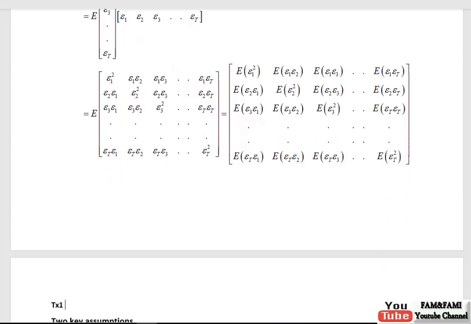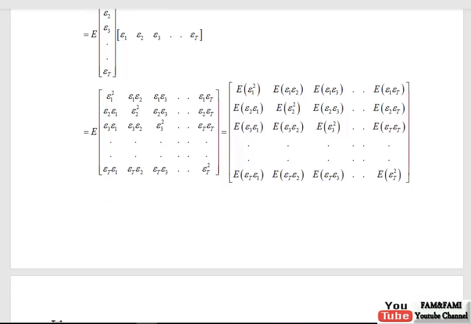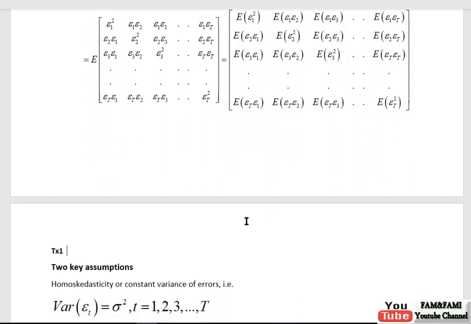Now look at this second row vector. It has only one row, and the first column is epsilon 1, then second column, third column, up to t columns. So it has one row and t columns. So t cross 1 and then 1 cross t. We need to multiply, and when you multiply these two, this 1 will get cancelled with this. This is how matrix multiplication works.